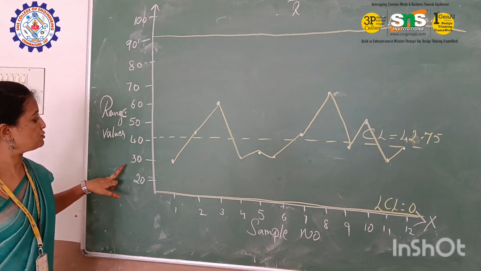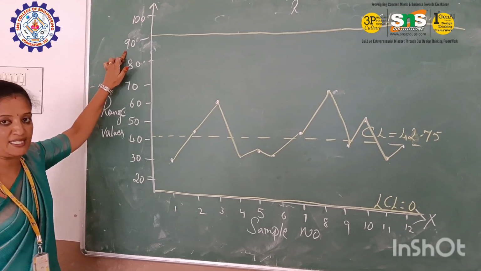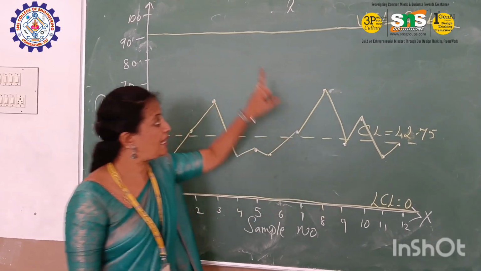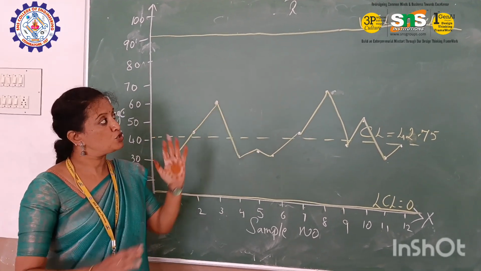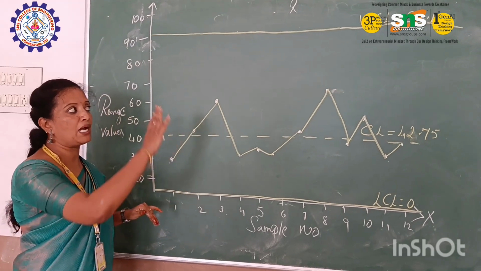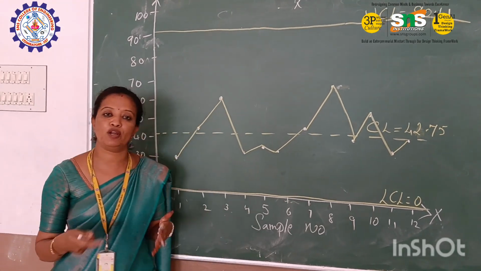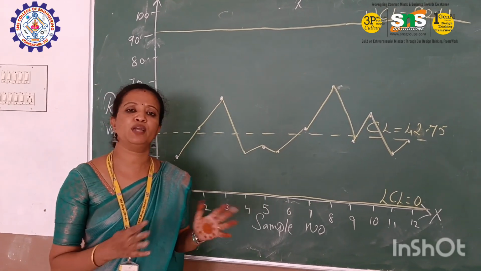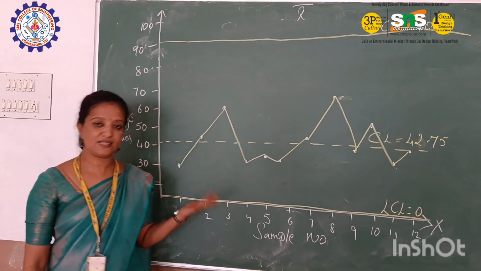Your range value starts from 30 and you can understand whether it lies inside or outside. Okay. So let me see the next set of